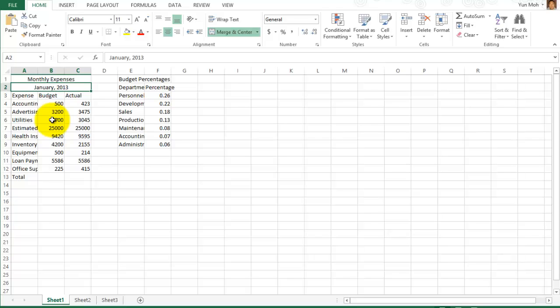Page number 24, step number 4. So we're going to be applying comma style formatting. So what does that mean? So in